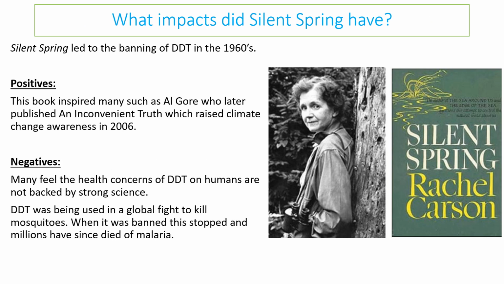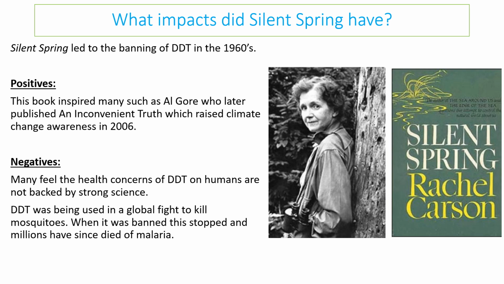So Silent Spring had lots of positive impacts. Obviously, it inspired people, such as the Vice President of the US from a few years ago, Al Gore, who came up with something called An Inconvenient Truth, that we'll be talking about in a few moments. But also it educated people, and it allowed people to think about what the impacts of their actions were